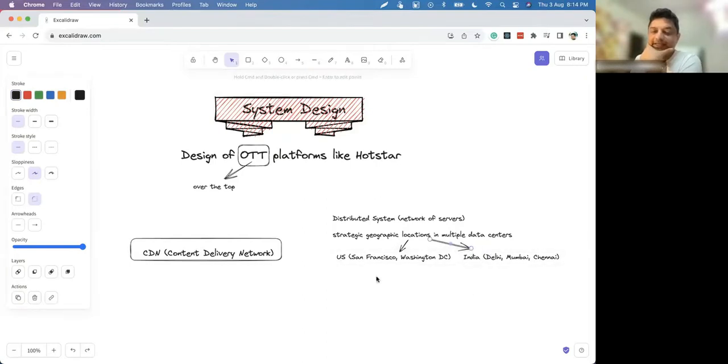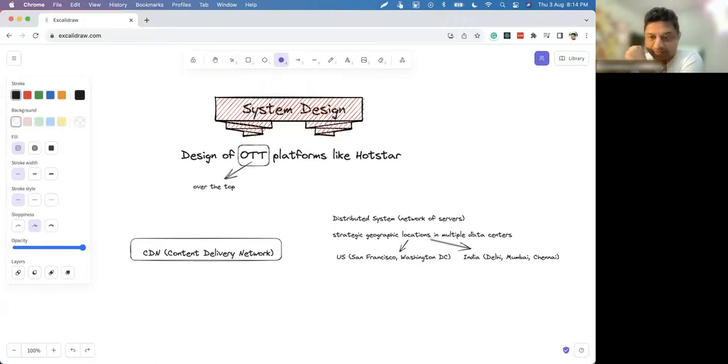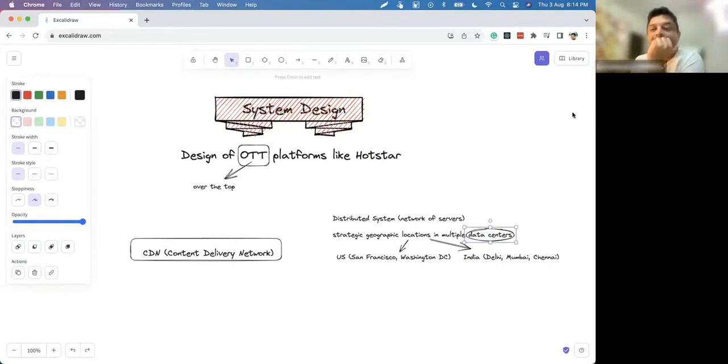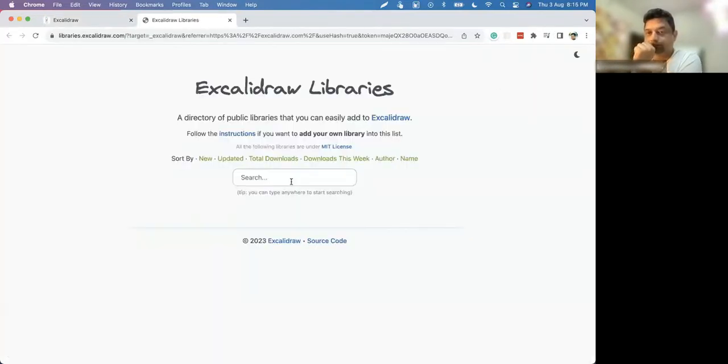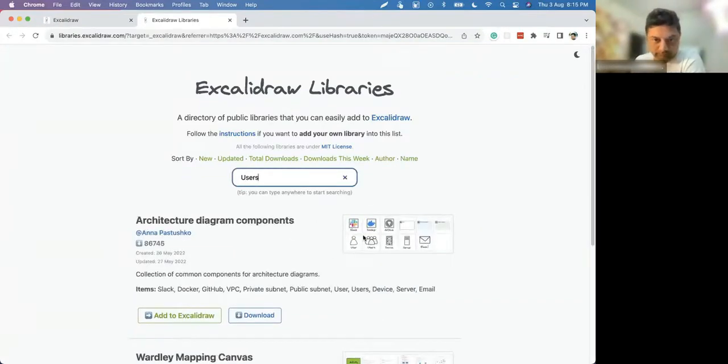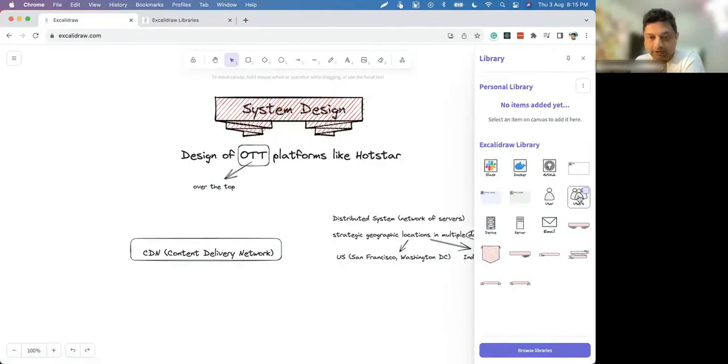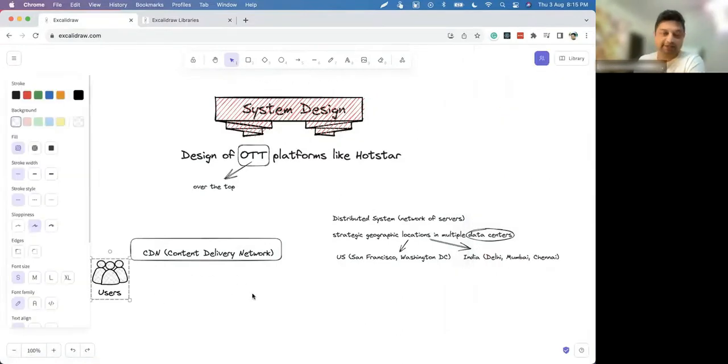Basically, these locations are where most of your users will be. So the best thing is to provide the content to them from the nearest location. These data centers which you will be building will be located near your users. So let me get some users also here. So now I got the users, in various cities.